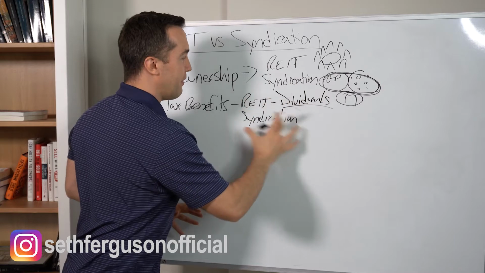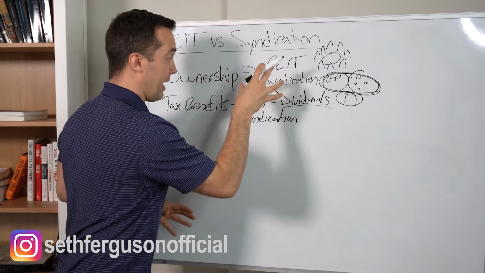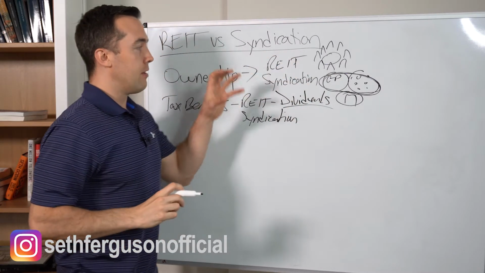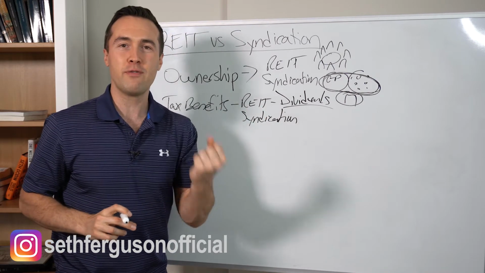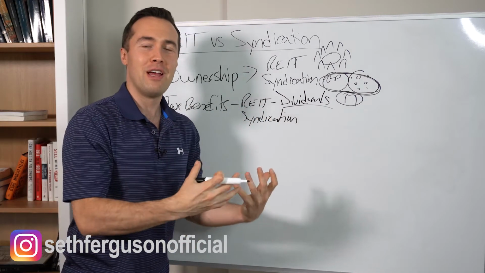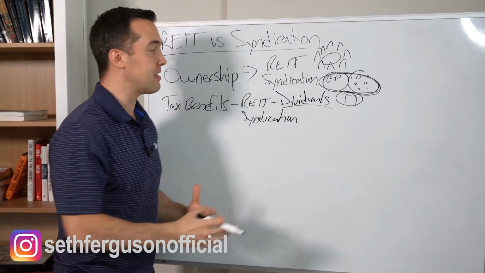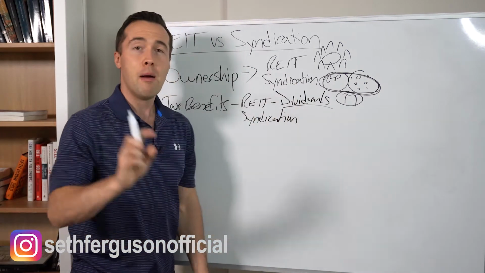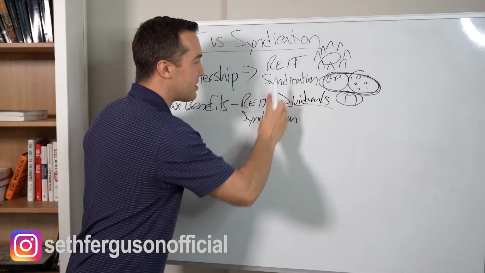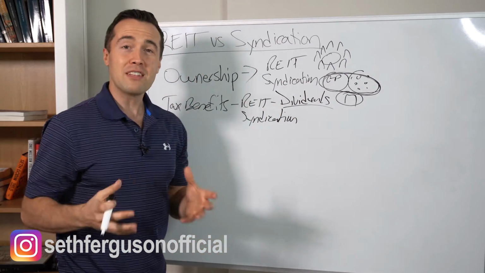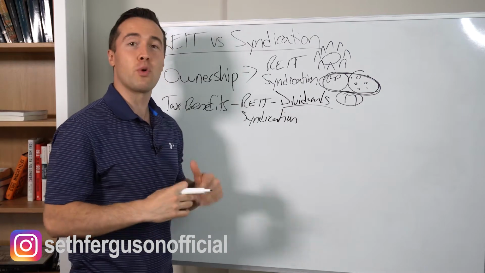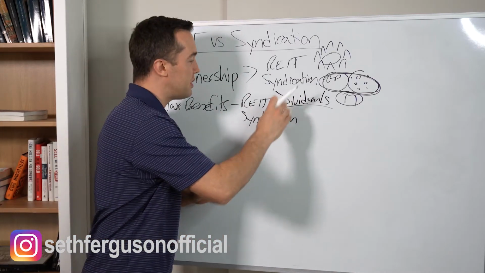When you receive dividends, because you are a shareholder in the REIT, depreciation is already taken into account when you receive your dividends. So there's no additional depreciation you can claim because it's already factored into the dividend. Plus, your dividends that you receive are classified as earned income. So that's going to affect your tax position because you're going to be paying more tax on those dividends.